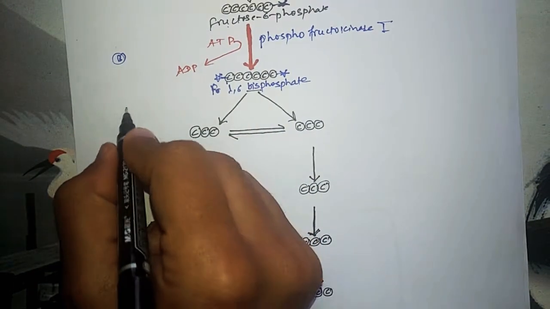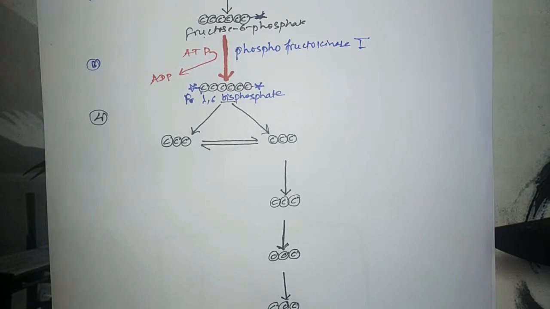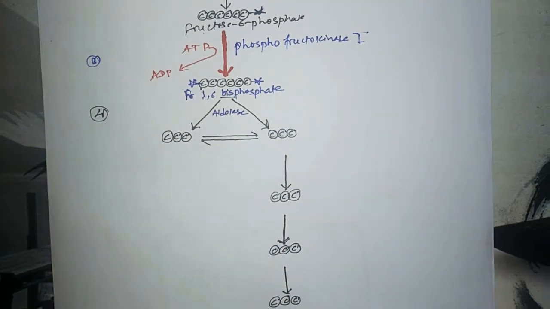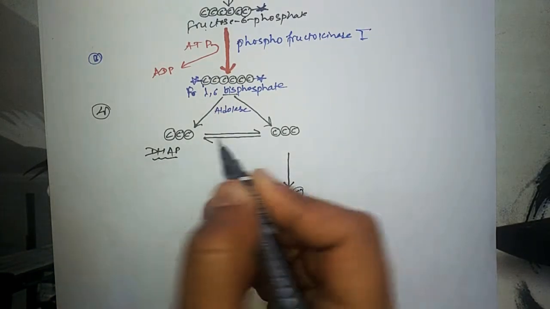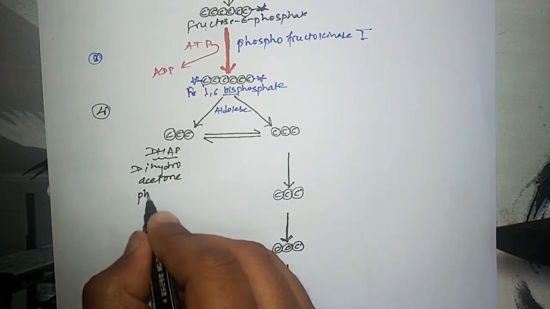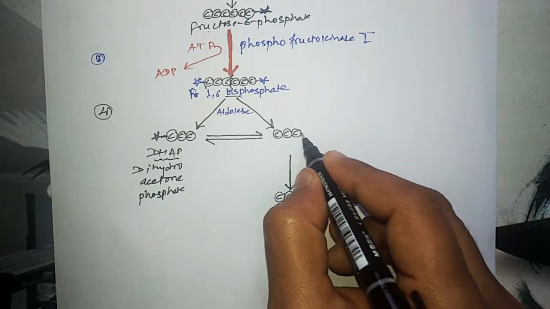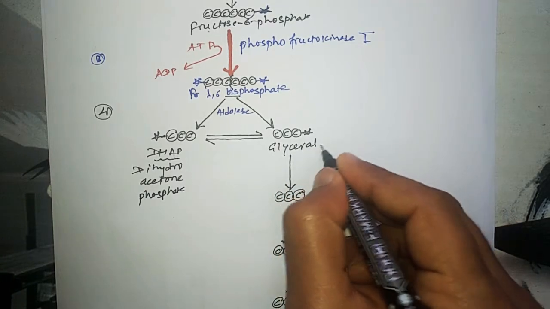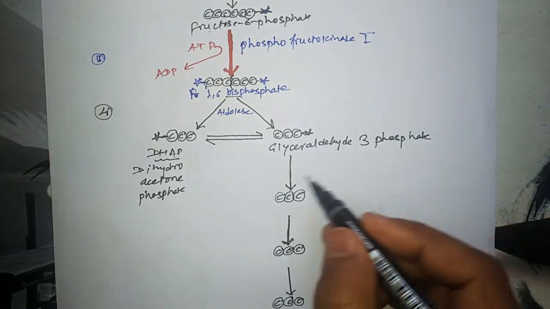And now step number 4 is splitting this fructose 1,6 bisphosphate into 2 molecules containing 3 carbons each, in the presence of the enzyme aldolase. Aldolase is going to help the splitting of fructose 1,6 bisphosphate, and one molecule will be DHAP, dihydroxyacetone phosphate, which already has one phosphate added here. Another is split from the middle, and this other 3-carbon molecule containing one phosphate is known as glyceraldehyde 3